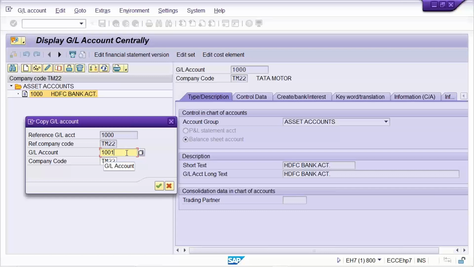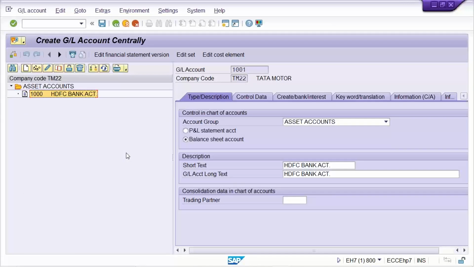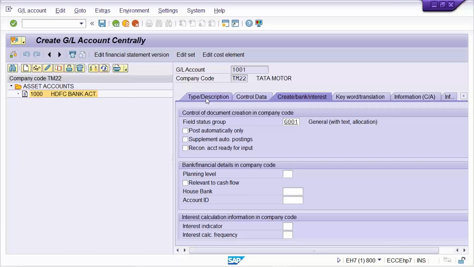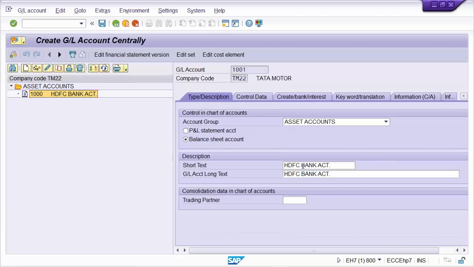So by taking reference of HDFC, I have to create ICICI. So GL account number we have given 1001 here. Company code also same. Press enter. Now all the details are as it is. What you have to do? We need to change this text only,